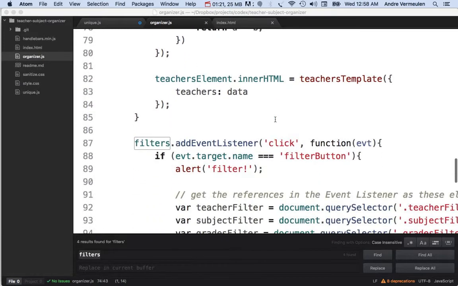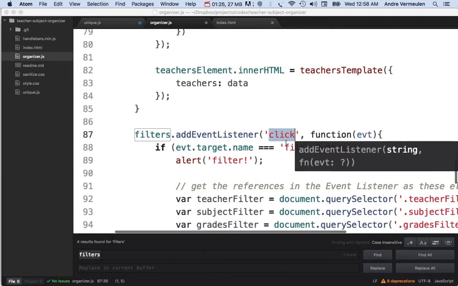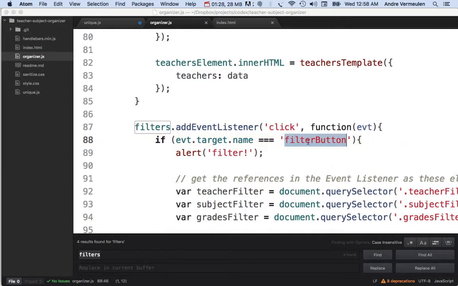I'm actually adding an event listener, and I'm checking what the target is. In this case I don't want anything to happen when I click on the drop downs themselves. I just want something to happen when I click on the filter button. My filter button is also part of my template, so the filter button gets re-rendered all the time. So I'm using event bubbling on the filter div element so my click events bubble up, and then what